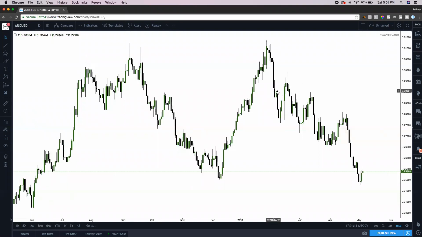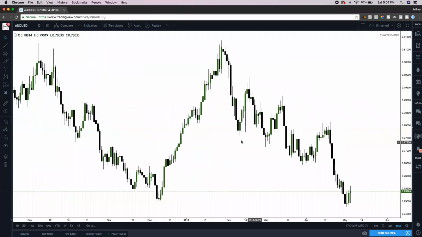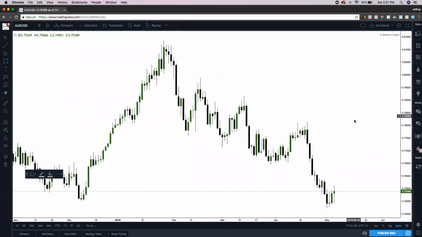If you don't already know, I have learned the majority of everything I know from trading from ICT, and I use his concepts when trading the markets. So he has labeled these levels of support and resistance, and he calls them ICT bullish and ICT bearish order blocks. An ICT bearish order block is just a level of resistance, and an ICT bullish order block is a level of support. So, for example,